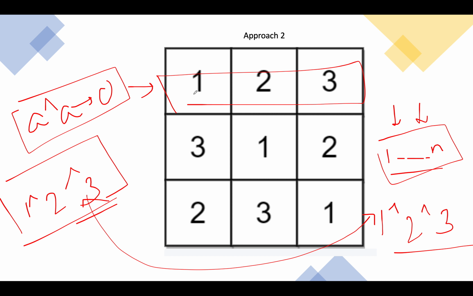If the result turns out to be 0, that means all the elements were part of that particular row. Similarly, I'll progress across all the rows that are present in the matrix, and again across all the columns that are present in the matrix. If the answer comes out to be 0 for these two XOR elements, then it simply signifies that all the elements were part of the rows and the columns.